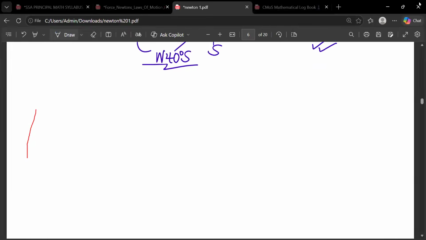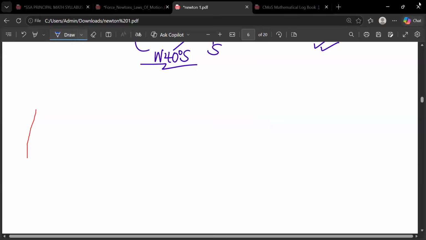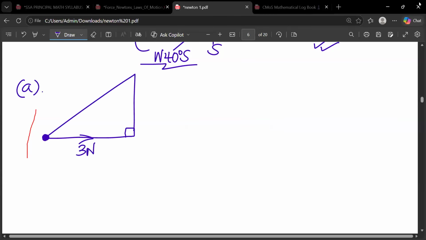So the very first number, I told you you're supposed to first model it very well. And you all know that on remodeling, we had this. So you're supposed to have it. Angle of 90, never forget. So we agreed the particle is here. Then we had this, I think, as 3 newtons. Then we had this as 4 newtons. So this is the angle alpha. Then you show these 2 arrows. Then you'll be like, this is the resultant force, like that. So when they ask you for the resultant force, you know I need the magnitude and I also need the what? The